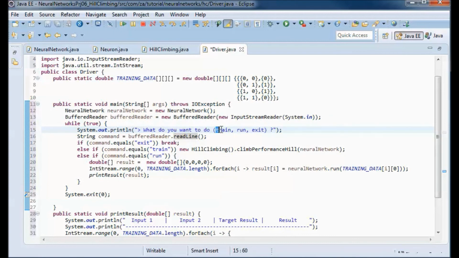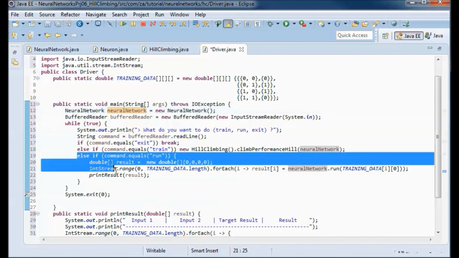We can enter either train, run, or exit. And if he enters train, then I'll instantiate a new hill climbing instance and call climb performance hill on it, passing it the neural network that I instantiated here.